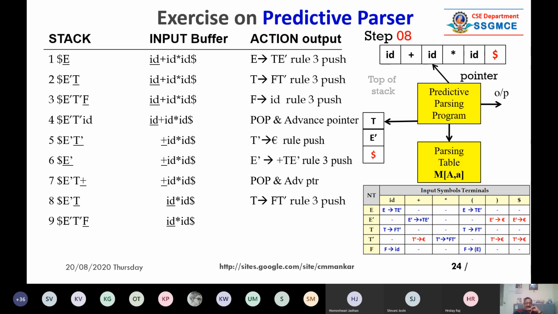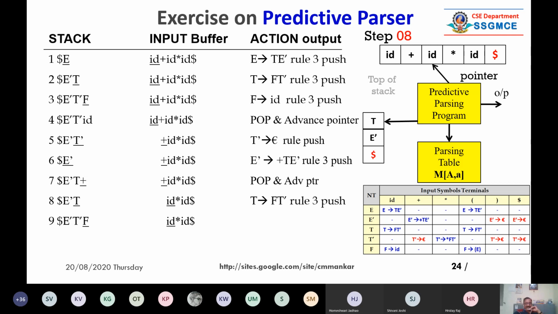If this is the situation, if there is a capital letter non-terminal on the TOS, then you have to refer to the parsing table. So T on ID is giving you F T dash.